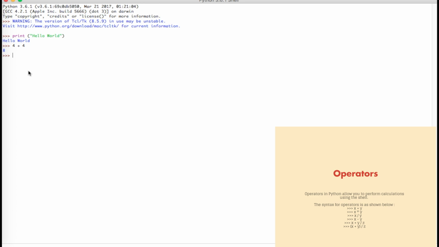What about 5 minus 4? 5, and we type in the minus, and 4. So subtract 4 from 5, that's 1. Okay. Now, what about 4 times 4? So most people would be like, all right, let's just type in 4 x 4, but wait,